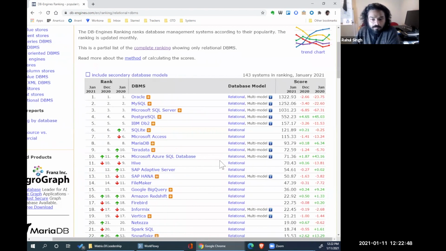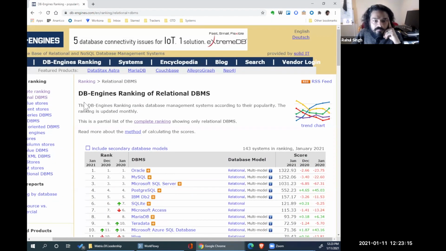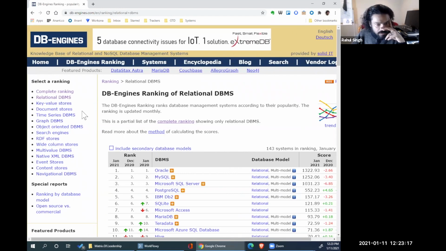If you work in a startup, you'd be like, why should I ever use Oracle? Or if you're working in a Fortune 50, they would say, well, why should I ever use MySQL? But Oracle, I think MySQL is owned by Oracle now, at least the last time I checked. But if you want to do open source, then let's see if I can just filter by open source. I don't think I can.